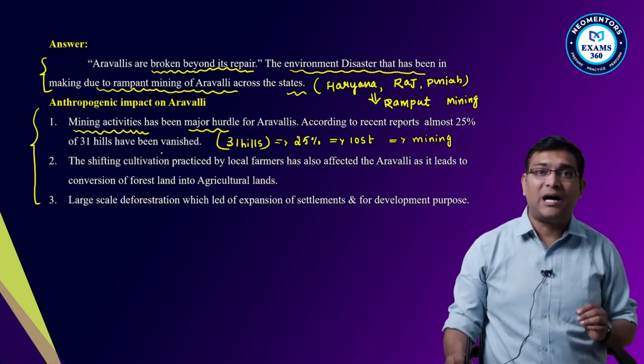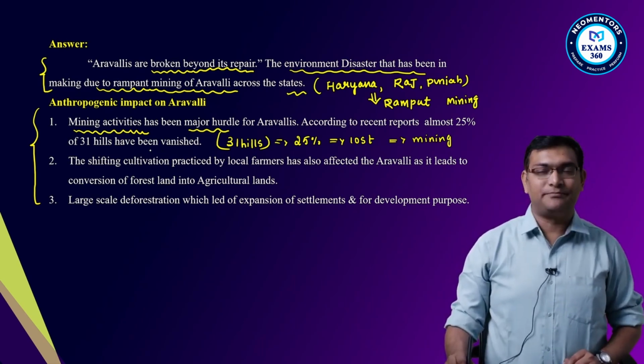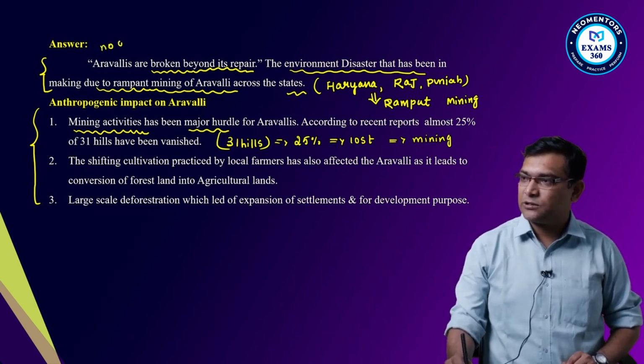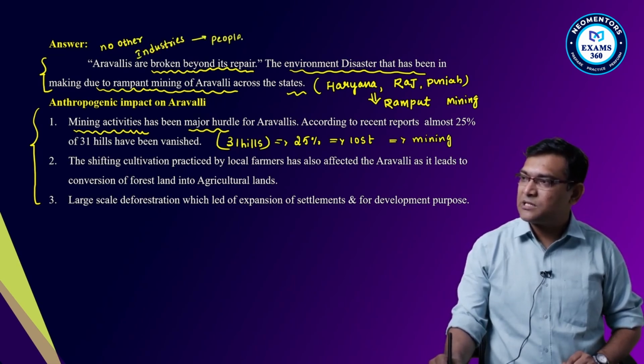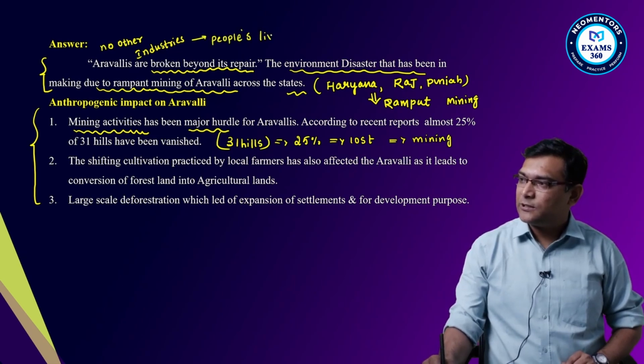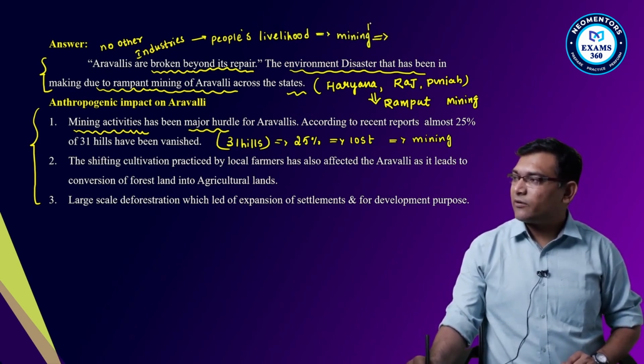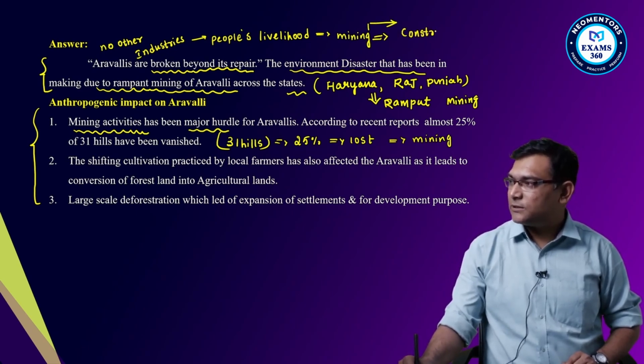and there are no other industries in this particular area. Okay, in these areas no other industries are there, no other industries. So people's income, people's livelihood is only through mining. So that's why rampant mining, and whatever they are mining, they are used for construction material